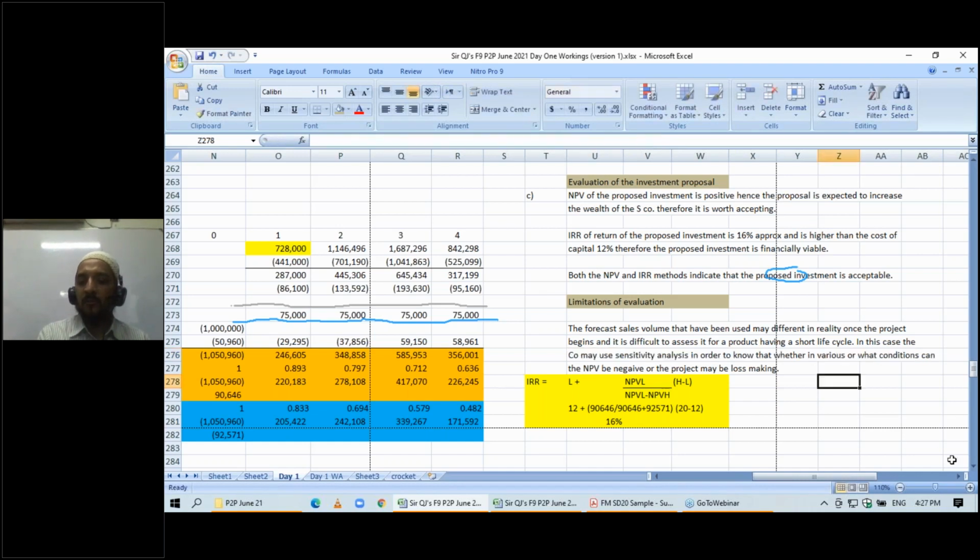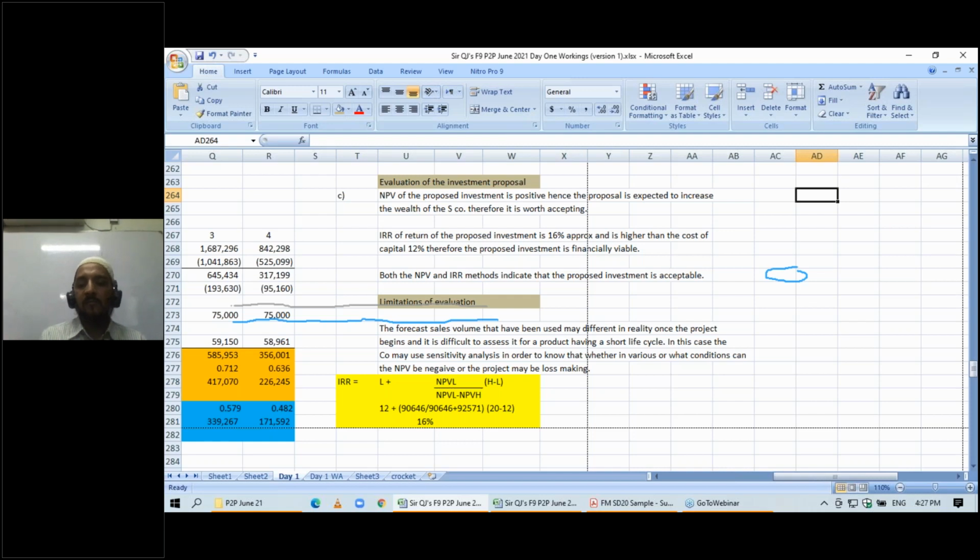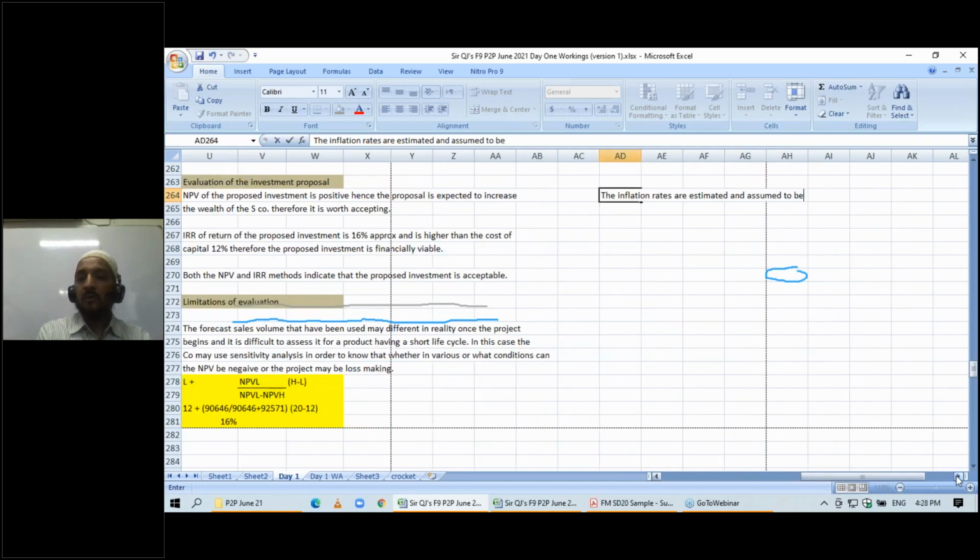Okay, so this was about the sales volume. Let's consider some more items. The inflation rates are estimated and assumed to be the same during the 4 years of the project. So as the inflation rates may not remain the same for the 4-year time,